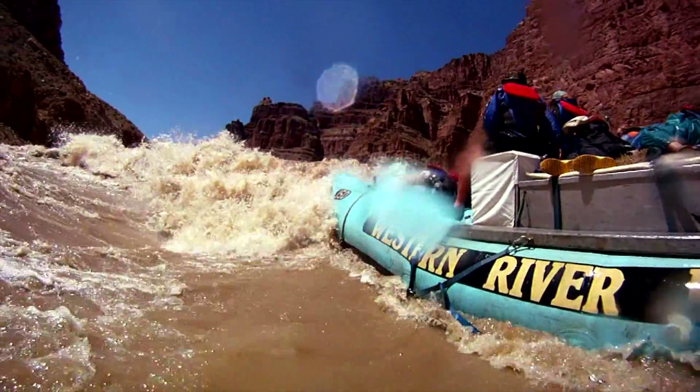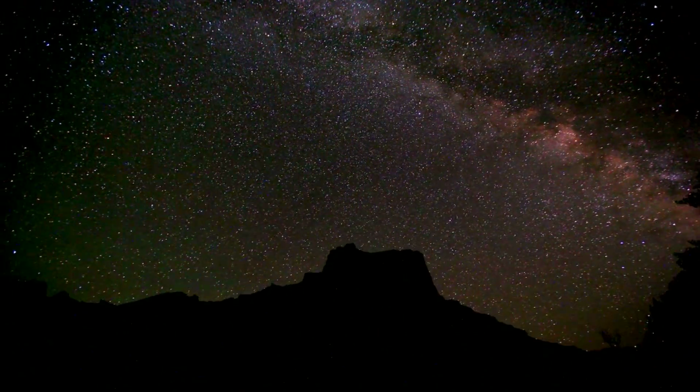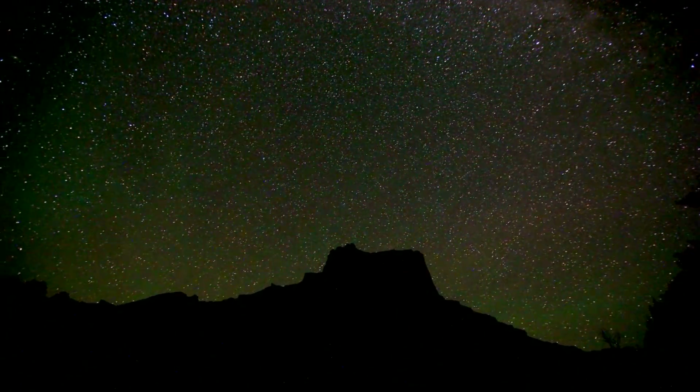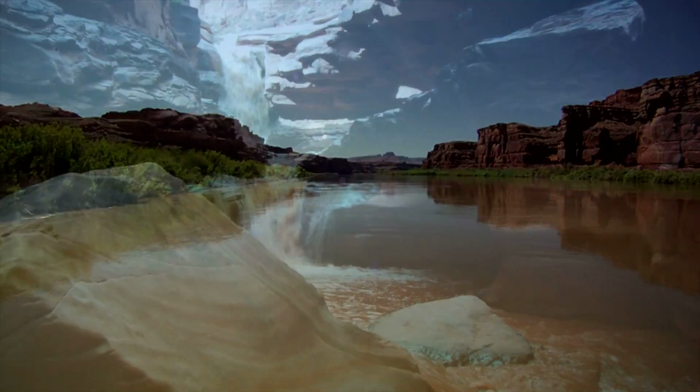Yesterday was unbelievable, but it's a wild ride. It's fantastic. Unbelievable rapids, just unbelievable. First night, woke up at 12:30, and just an explosion of stars up there. Incredible. It's forever. Beautiful place. I won't forget this. We came down here for a 4-day rafting tour, and yet we got so